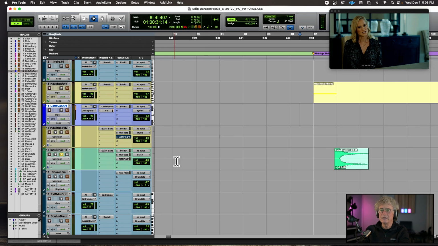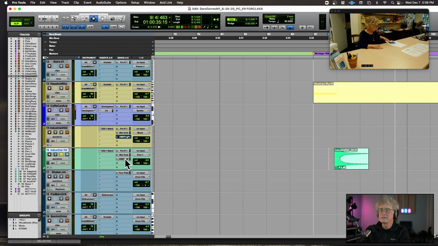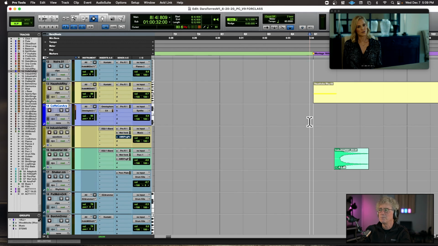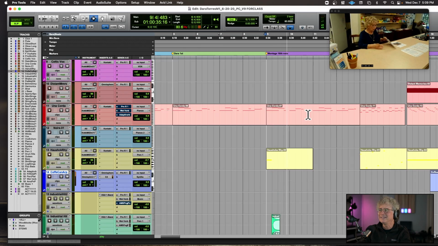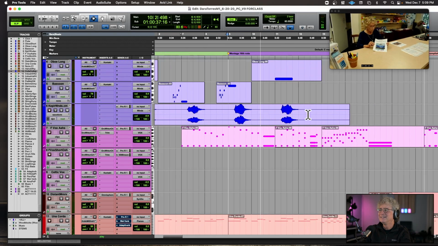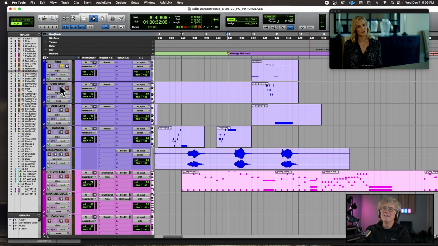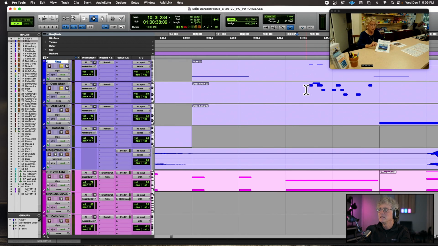And the industrial hit, if I solo it, right, it's got a couple of different reverbs on it. Again, we're talking about swimming, so things are wet. And then the next time that the little melody comes in, I've varied it a little bit. I changed the rhythm, and it's flute and oboe.